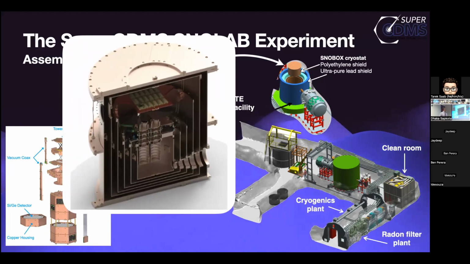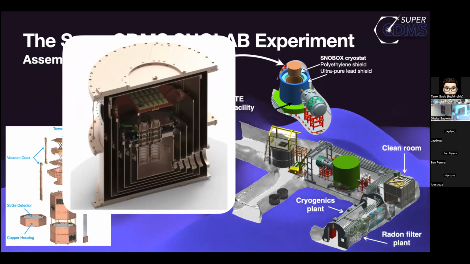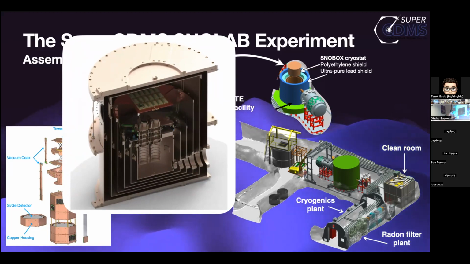So this is what it will look like inside. Just simply getting this to work. And by the way, a lot of the stuff that you see in the picture is installed. We're actually right now about to get this thing underground and installed in the next few months. So this kind of sets the scale of where the experiment is. And this is a feat of engineering. I'm not necessarily involved in the details of this, but this goes beyond just physics stuff.